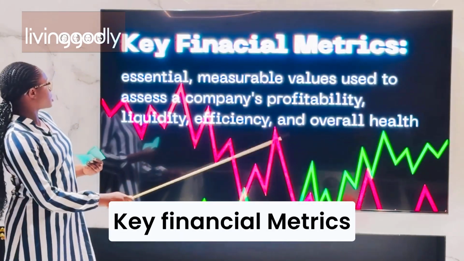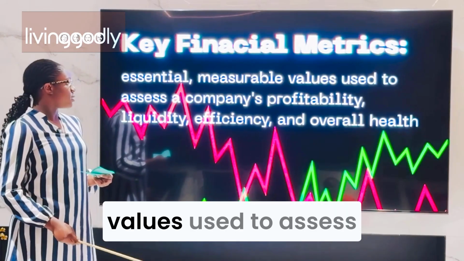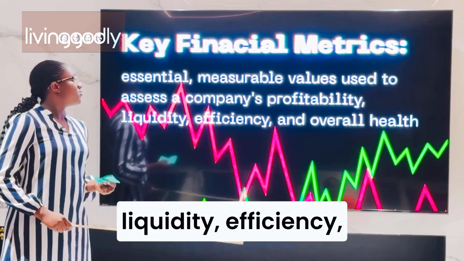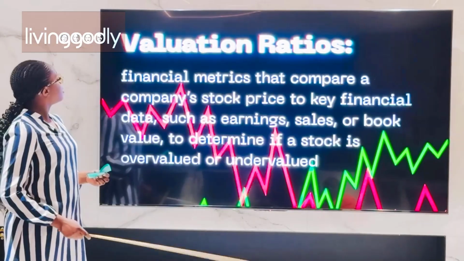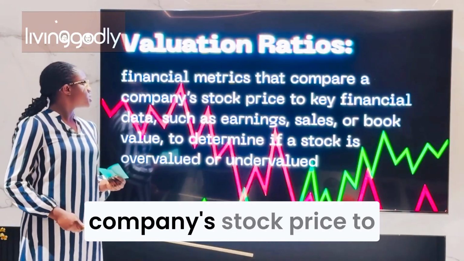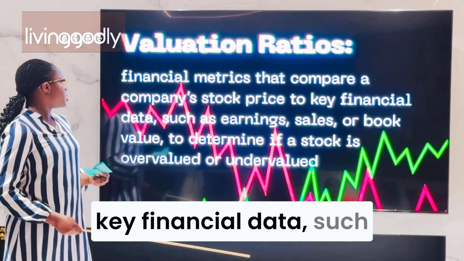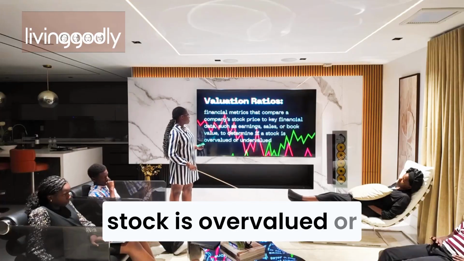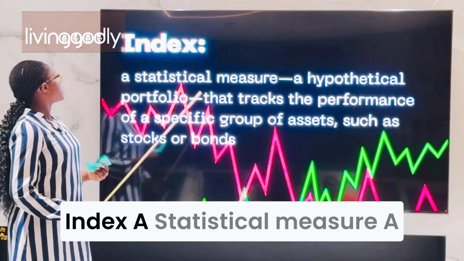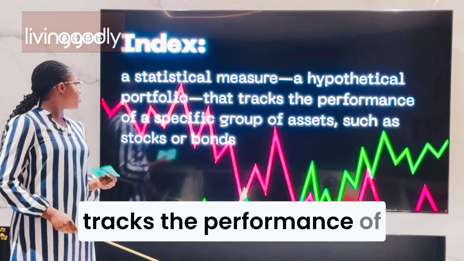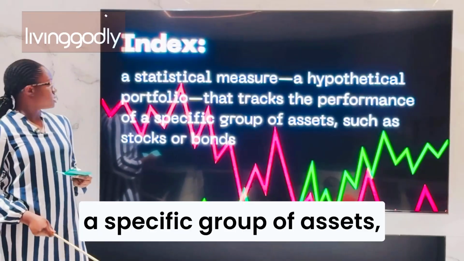Key financial metrics. This is essential measurable values used to assess a company's profitability, liquidity, efficiency, and overall health. Valuation ratios. Financial metrics that compare a company's stock price to key financial data, such as earnings, sales, or book value, to determine if a stock is overvalued or undervalued. Index. A statistical measure, a hypothetical portfolio that tracks the performance of a specific group of assets, such as stocks